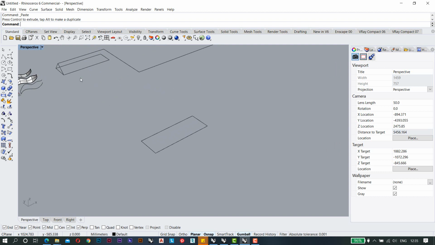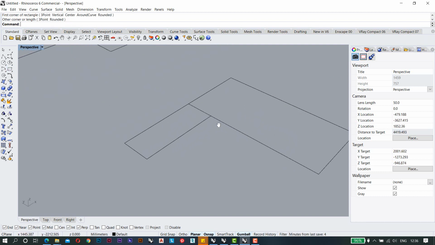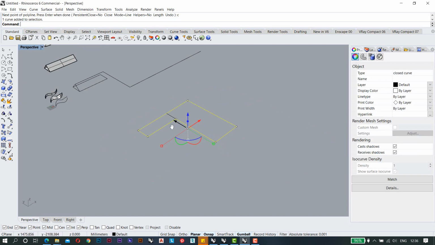So for making it an L shape, we have these two kind of profiles. So basically your whole profile of the roof or of your building, it is something like this.